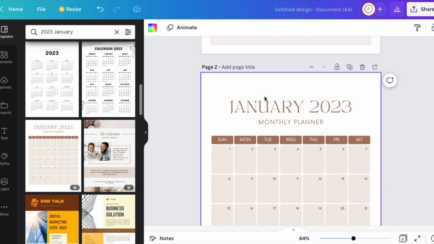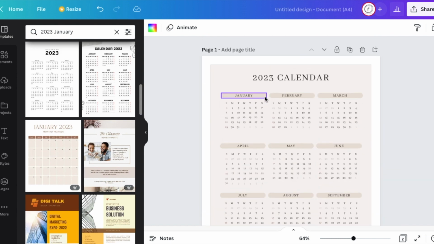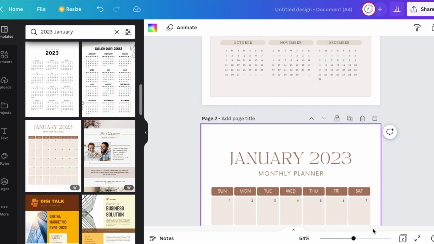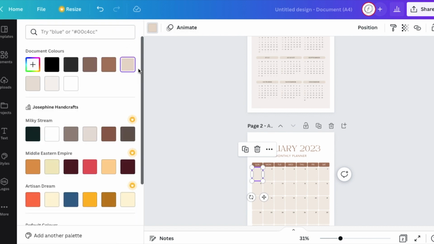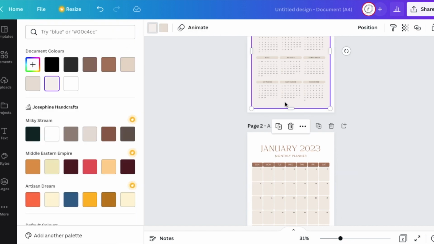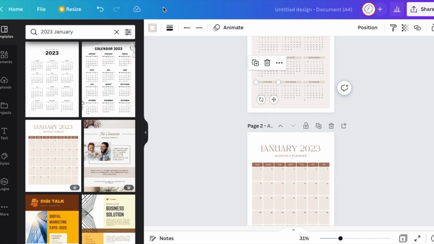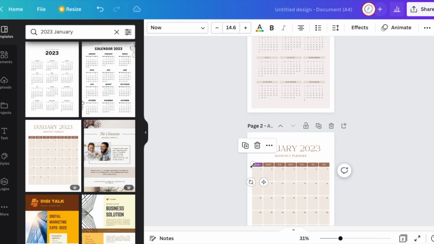Add a page, and we saw this January monthly page earlier. Template, I mean. So it's just that color wise, it's not in uniform with our calendar. The calendar is a lot lighter than the January page. So let's change the color of the